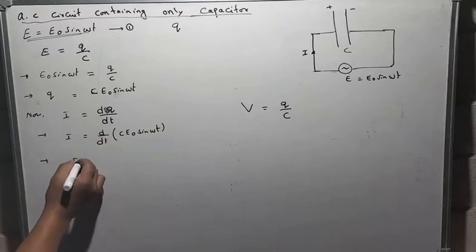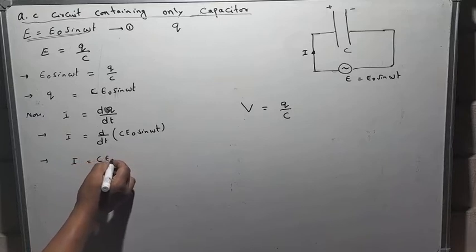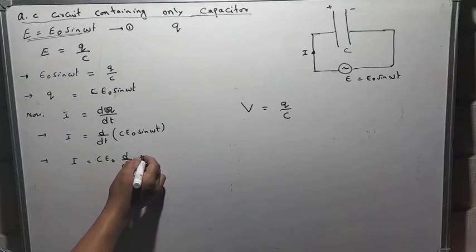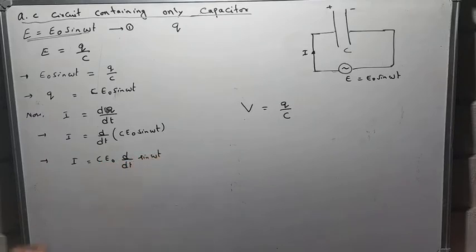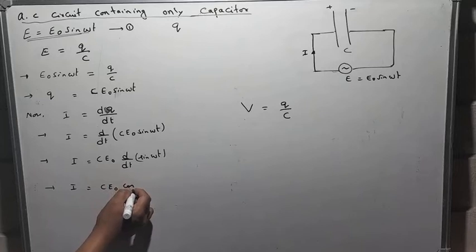Taking C and E naught common, we take them outside the differentiation, then you differentiate only sine omega t. The differentiation of sine omega t will be omega